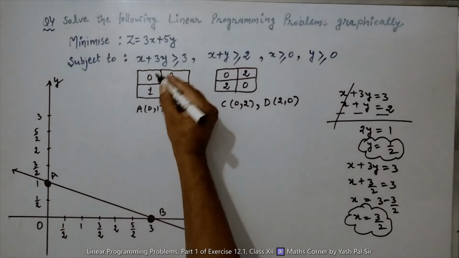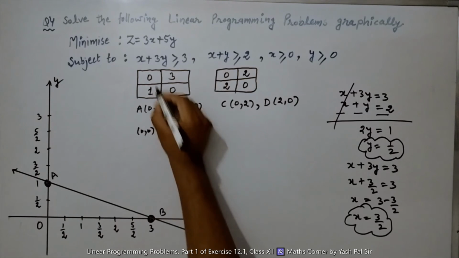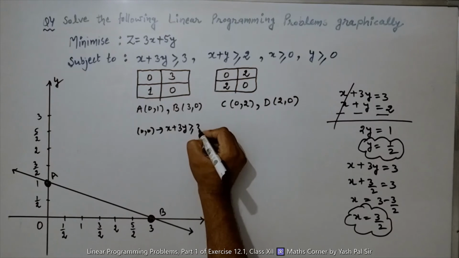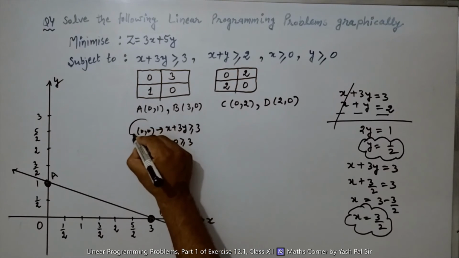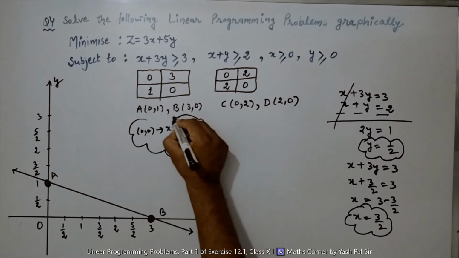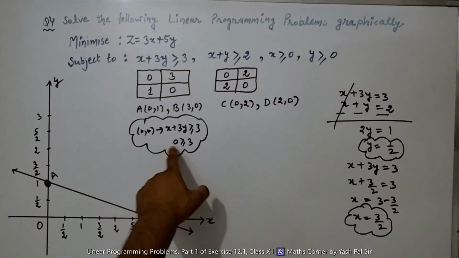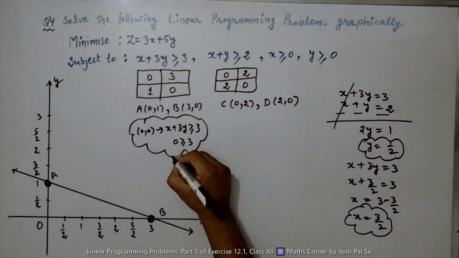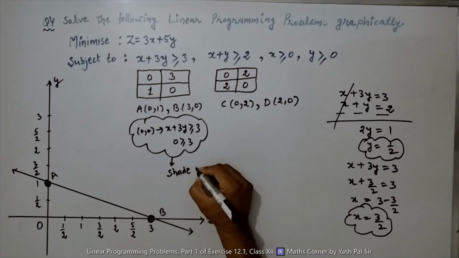Okay, now 0, 0. We put x is 0, y is 0 in the inequality x plus 3y greater than or equal to 3. So this becomes 0 is greater than or equal to 3. What is the conclusion? Is 0 greater than 3? No. Is 0 equal to 3? No. So we cannot shade towards 0, 0. This implies shade